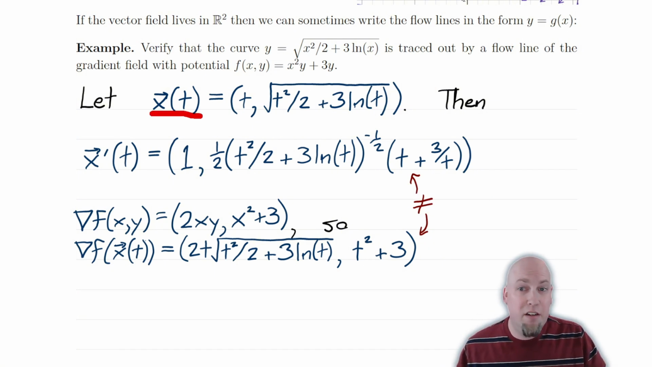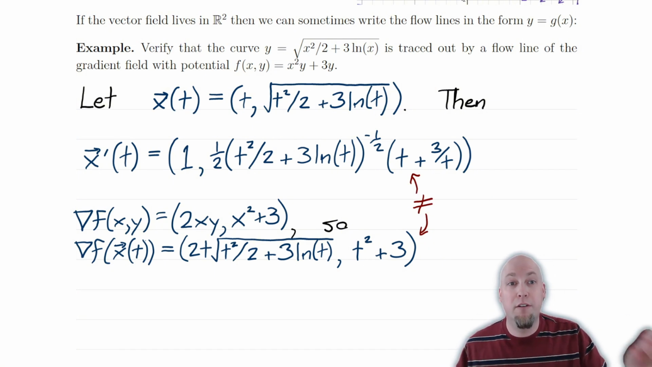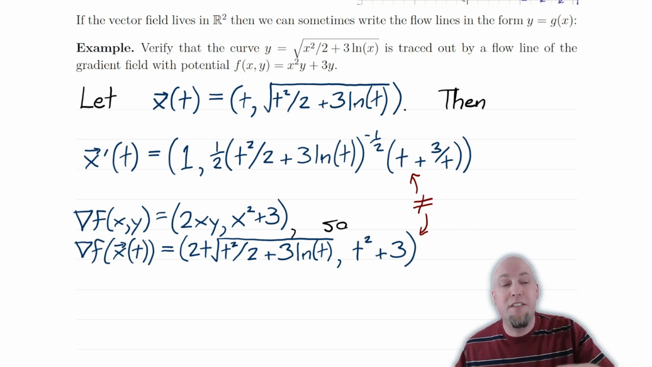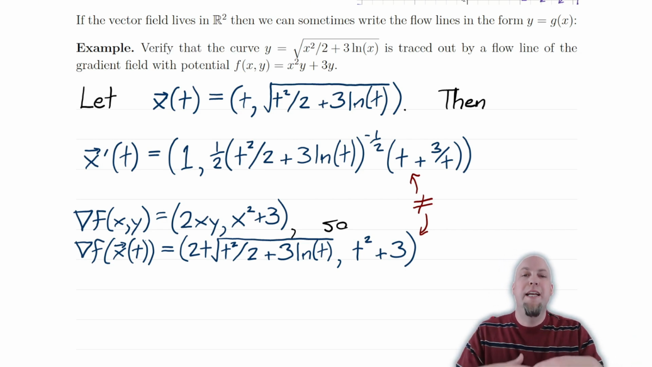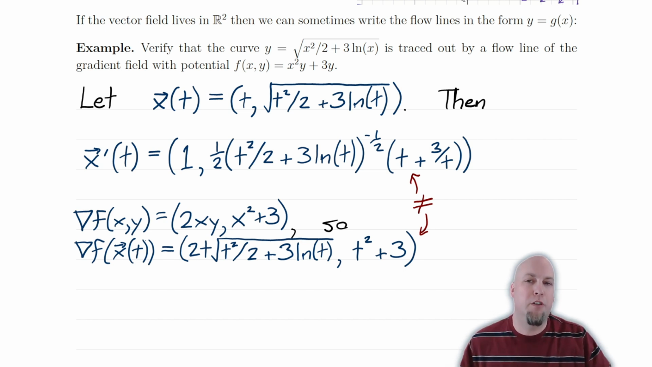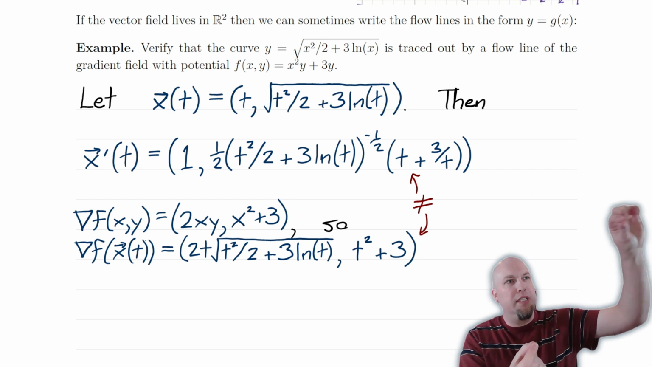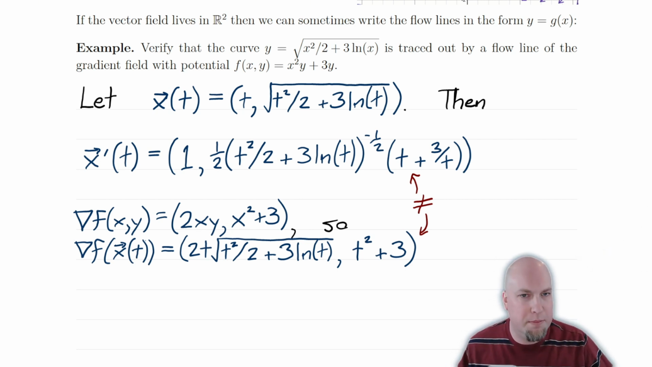Okay, this is not a flow line, but the curve it traces out is traced out by a flow line. In other words, it's possible to reparameterize x to get a flow line. And like the particle, it's just going to move along the same curve, but faster or slower at different spots. Okay, and the way that you can see that the curve is traced